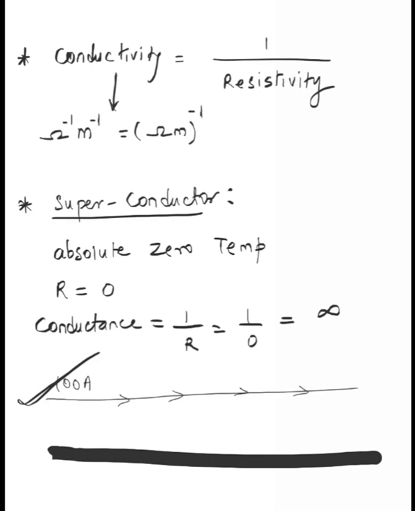But still, superconductors are a challenge because they have not been able to find materials which are superconductors at room temperature. There are certain materials which behave like a superconductor, but only when you cool them to a very low temperature. For example, they have given mercury. When you cool it below 4.2 Kelvin, it behaves like a superconductor.